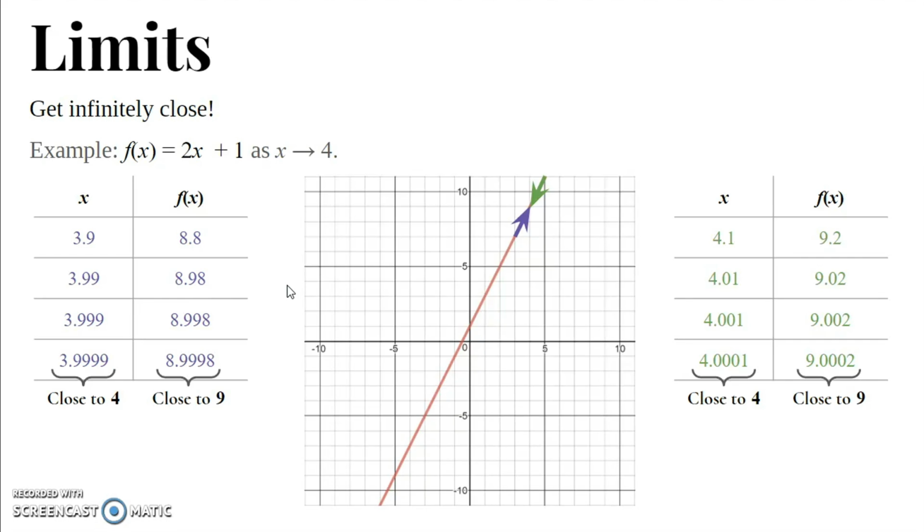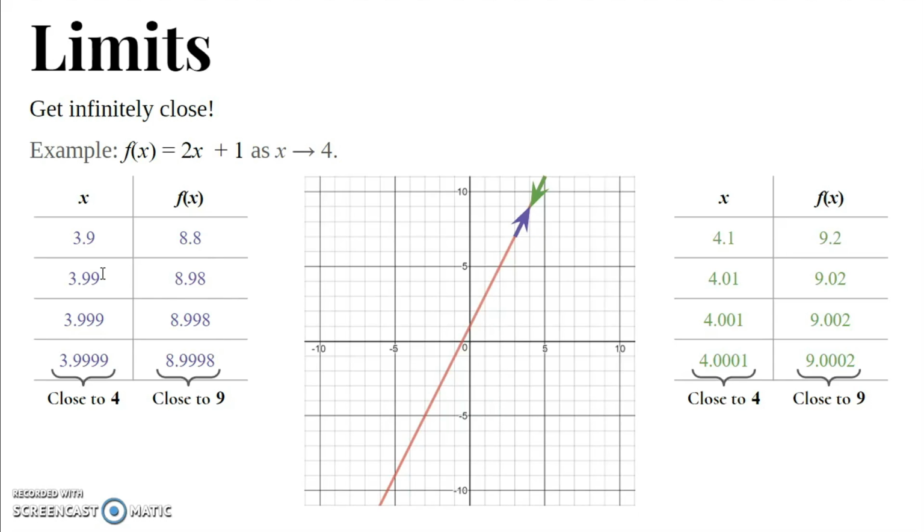again. When saying get infinitely close, what we mean by the limit of f of x as x approaches 4 is equal to 9 is that no matter how close we want to get to 4, there is always an x value that is very close to 4 that will get us there. Let's take a look at this. In this chart, we see that 3.9 is very close to 4, and it will result in 8.8, which is